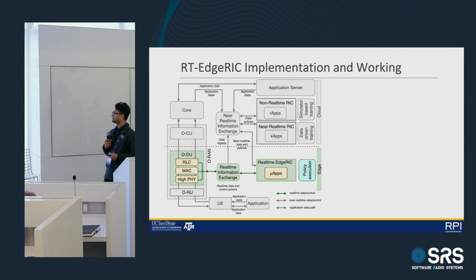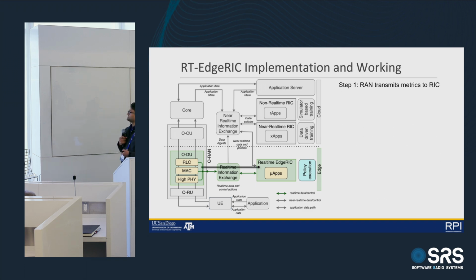So in the full architecture, you can see the RAN here, the Hi-PHY, MAC, RLC, these are the O-DU that provides real-time information exchange with the Edge server or the Edge RIC, the Edge controller, and then it integrates with the near real-time information at the core network, RFs, xApp, and application server connected together. And eventually the end-to-end application goes via the user and then the entire network stack.